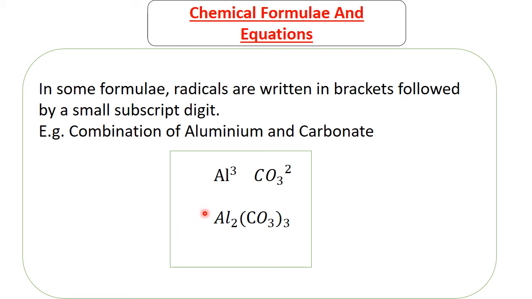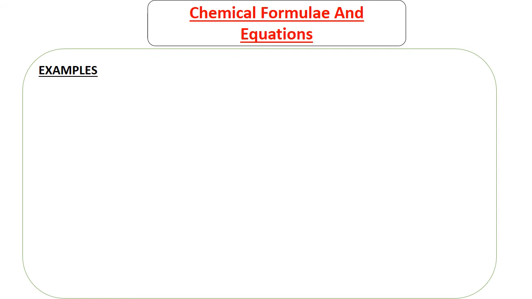So from there, when you combine, it's going to be like this. How? The 2 has come here, then the 3 has come here. But notice that this 3 is coming here, but there's already a 3 here. So to avoid this confusion, we put the entire radical in brackets, so that this other number, the valency, comes here. So if I analyze this topic with examples,